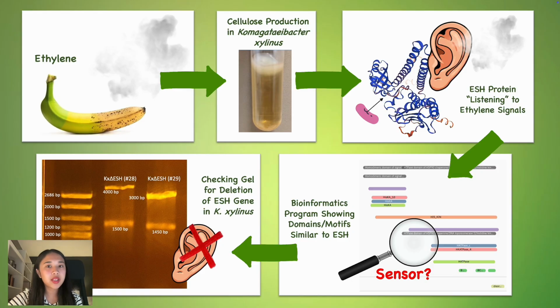If ESH really is the ethylene sensor, the implications of this would be very far-reaching. What if we can utilize the bacteria to detect stress signals from plants to prevent spoilage or even trigger on-demand biofilm production? What if we could use the fact that bacteria responds to ethylene to produce more plant-based materials like cellulose and biodegradable plastics that would help our environment? So although my project focused on studying how one protein listens to a tiny molecular message, the discoveries have the potential to revolutionize agriculture, biotechnology, and environmental sustainability.